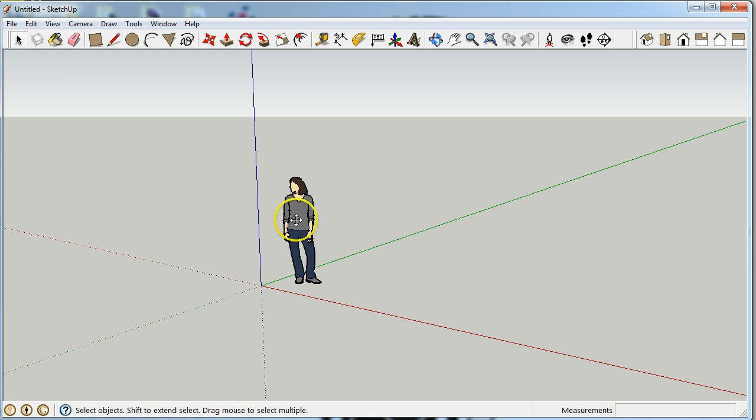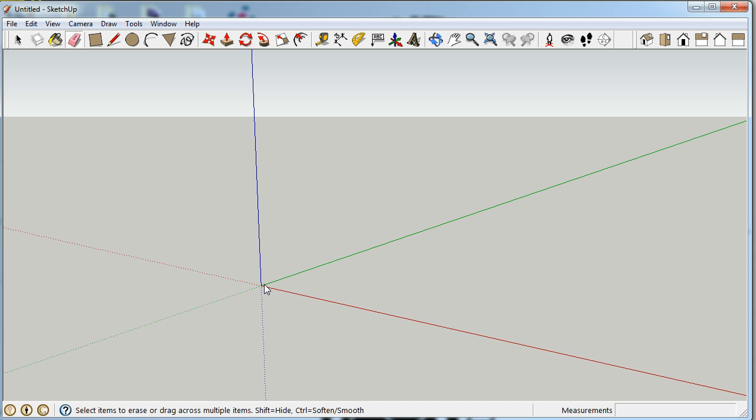So click on the person. You can simply hit the delete key on the keyboard or come up to the eraser tool at the top of the screen and erase the person from our visible workspace. As you notice, you have the X, Y, and Z origin, and basically those are represented by the green, red, and blue axes. In order for us to know what axes we are currently working on and keep things in 2D or 3D,